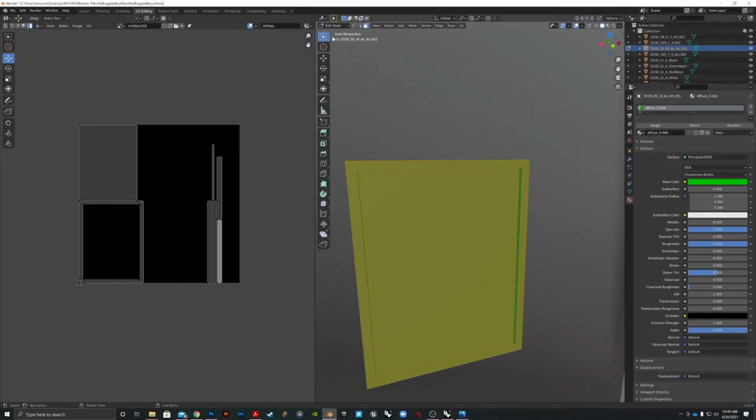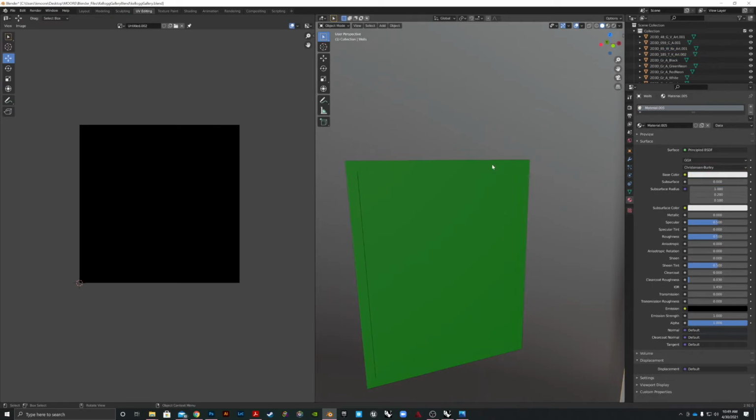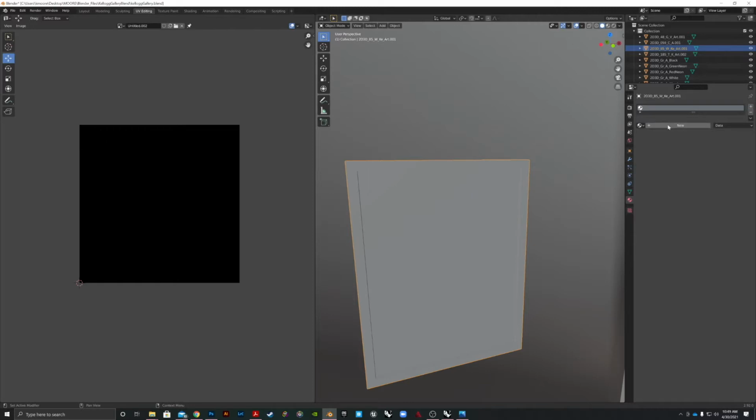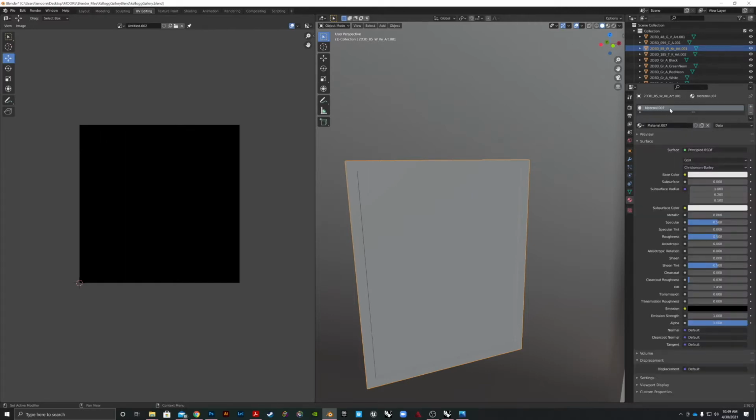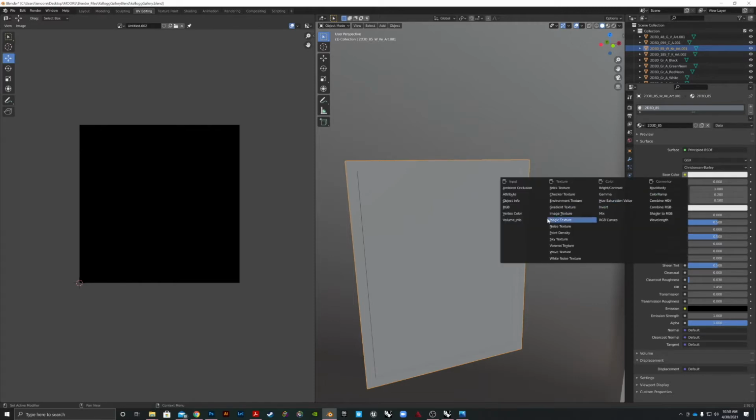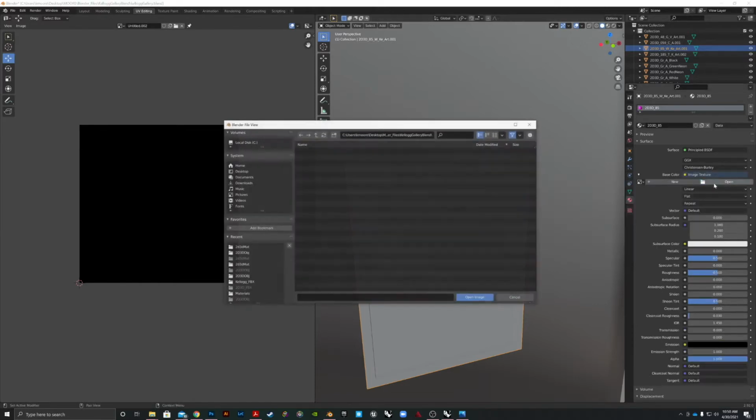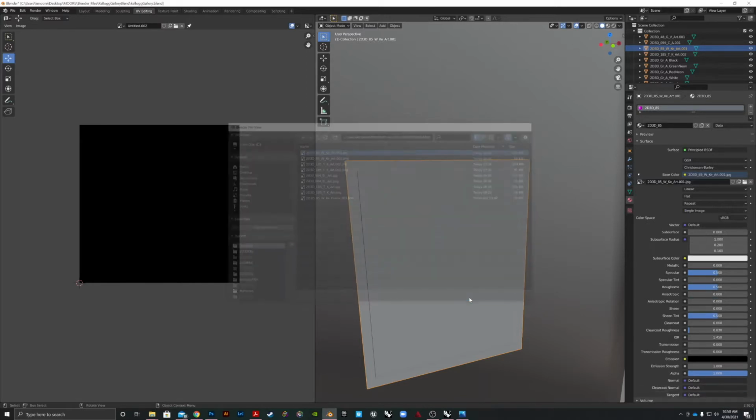And we now switch from edit mode to object mode. Select our object, go to our materials, delete the material, add a new material, and title the material as well. Copy the image name right there, 2D 3D underscore 85. That's probably good enough. Just the number's fine. And then we'll go here to base color, image texture, open, find the texture, open the image,